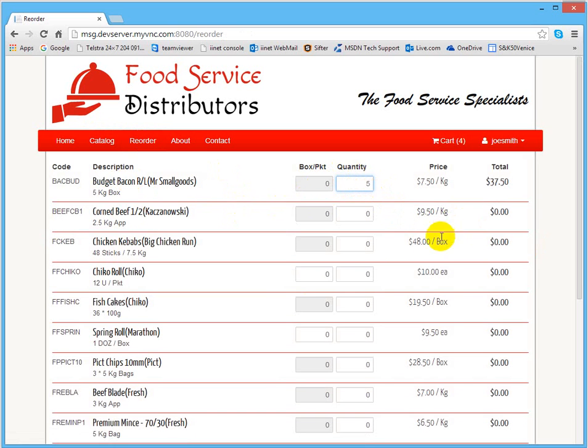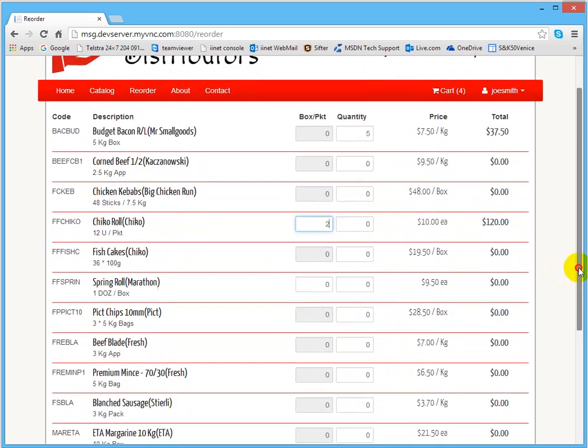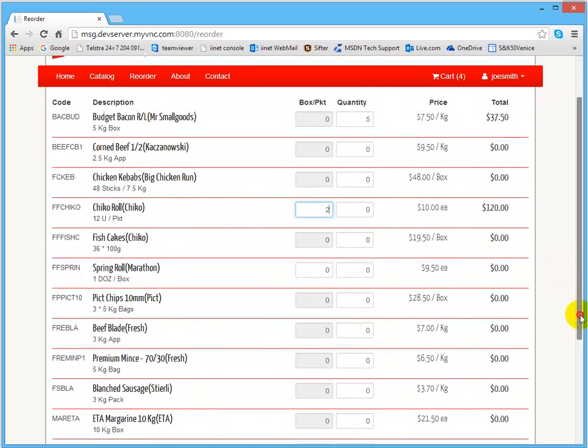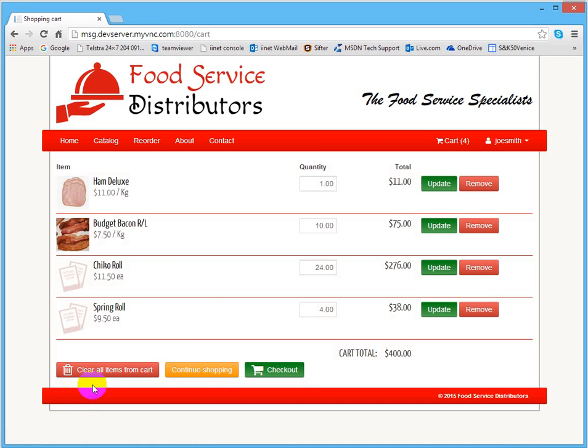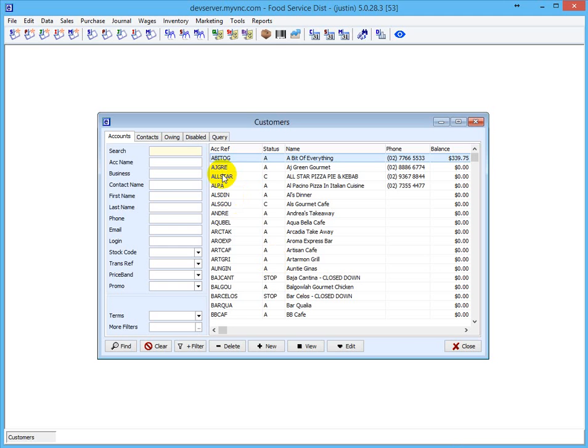Okay. And so we'll order these ones that come in cartons of 6. So I'll go 2 of those, and cartons of 12, I believe. And so we should be able to just add these to the cart, and I'm actually doing some testing earlier, so I've already added I think this bacon item earlier. Now if we go back into